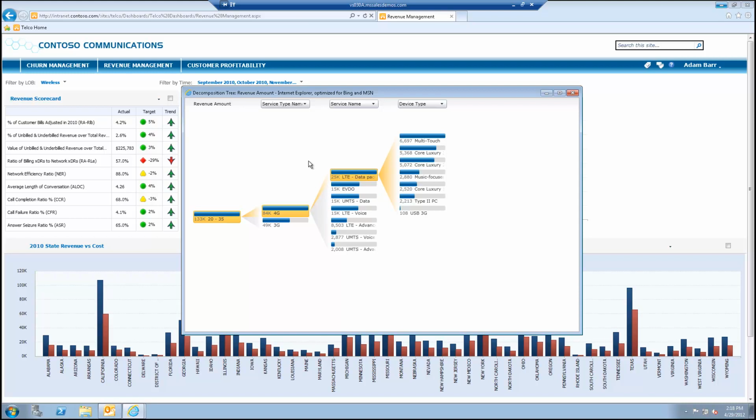He notices the multi-touch device is the most popular. Although I'm not sure. Look, kind of looks a little bit like Core Luxury, but